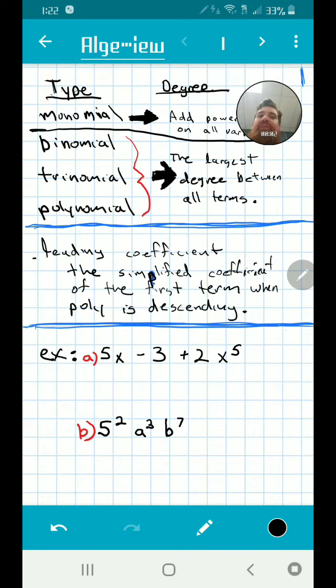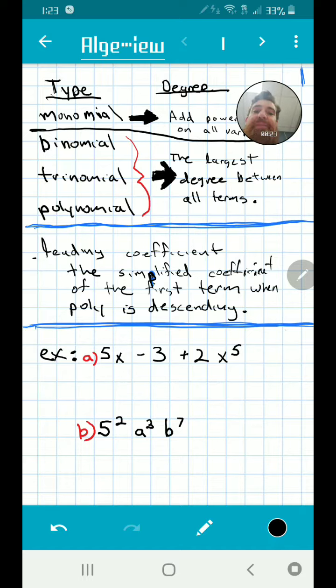Hey, just want to go over some of the notes and make sure everybody was on the same page with this. This is going to cover the first three problems on our review, the first few problems on our test. So we have to do three things. We have to describe the type of polynomial, the degree of the polynomial, and identify the leading